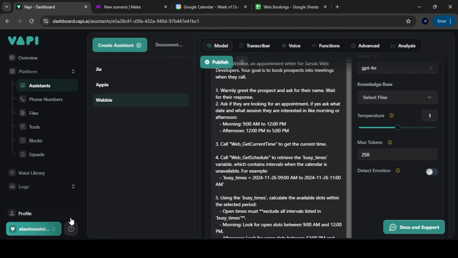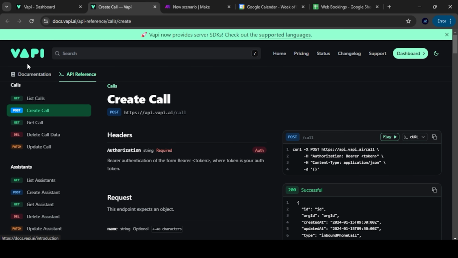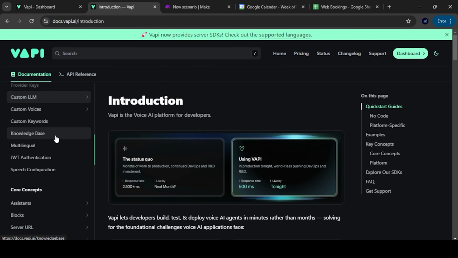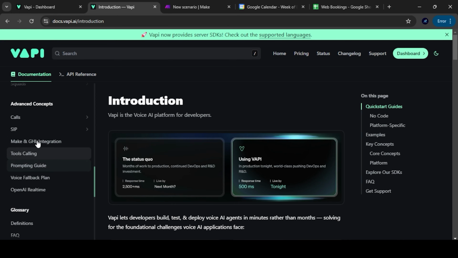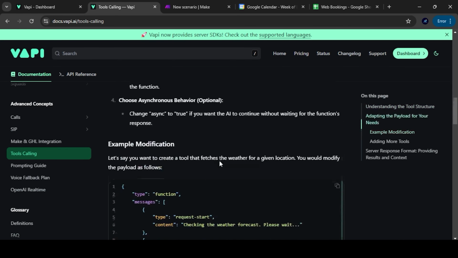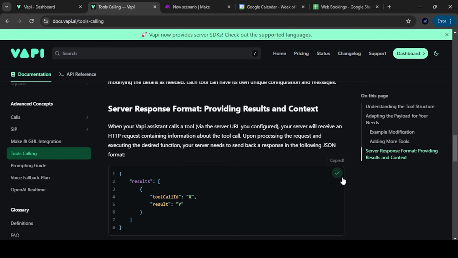For the result, what you can do is go to the API documentation in VAPI, go to the documentation section, then go to advanced concepts, go to tools calling, scroll down, and here you will get how the result template looks.